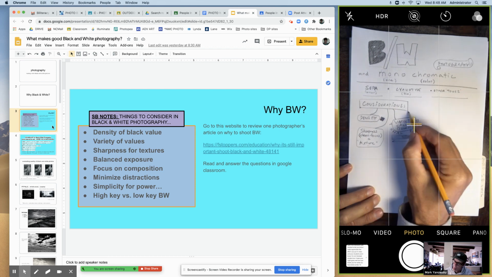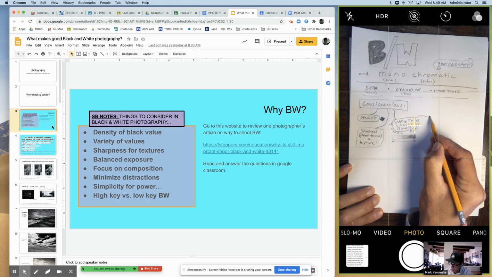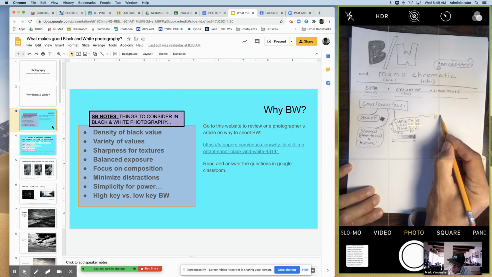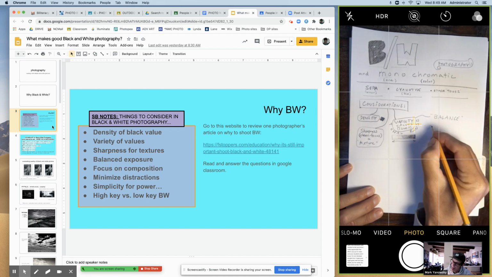Okay. When you are getting a variety of values and tones, that's this fourth thing here. It creates a balance. You want to make sure that the light areas,